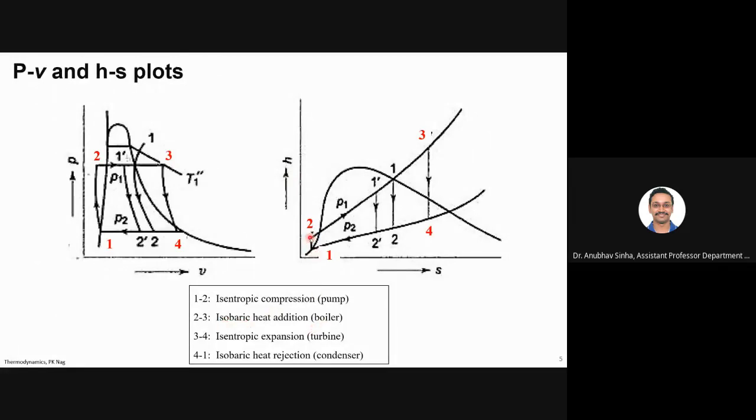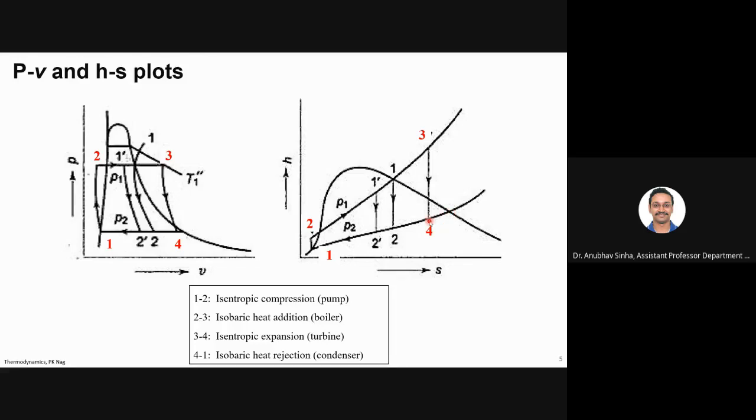So you see this is a constant pressure line. So it goes like this, and it comes to the superheated region at 3. Now from there we have isentropic expansion. So we again use a straight line and we come to 4. 4 is inside the vapor dome, just a small amount of liquid, but it mostly consists of vapor.